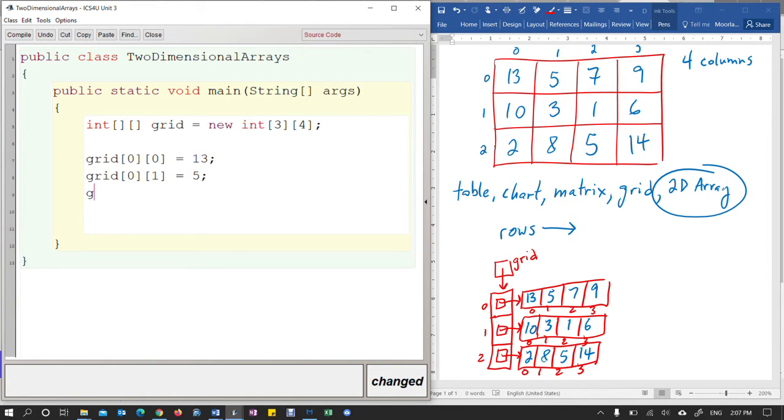Okay, so I'm basically going across the row. I'm going across row 0. So that's going to be a 7. And grid at 0, column 3 is going to be a 9. Now that will put the top row in, and just to speed this up, I'm going to do the